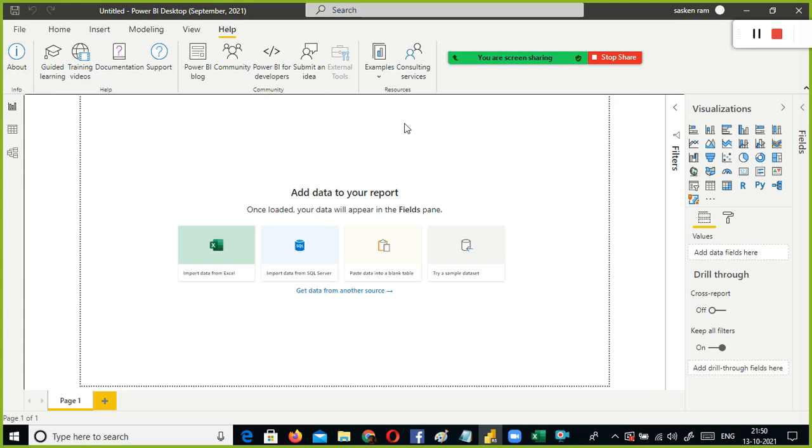Fine. So now this is my Power BI Desktop. In Power BI Desktop, we have something called Power Query Editor, and we can do data modeling, everything. As I told you before, when you start with any tool, make sure which version you are using, whether it is the recent version or not. That is very important. That is what we checked. It is September. It is fine.